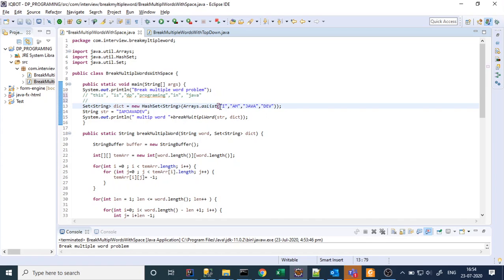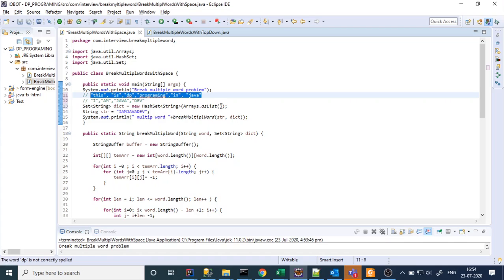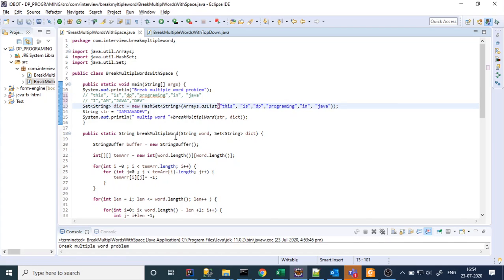Just cutting this one and we'll see. This is DP programming in Java, right? With some long string, right?